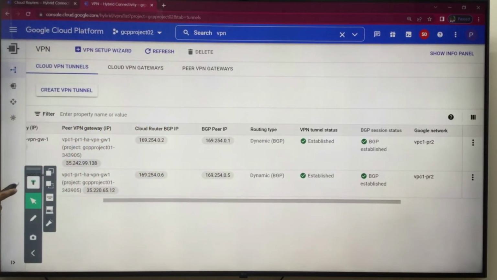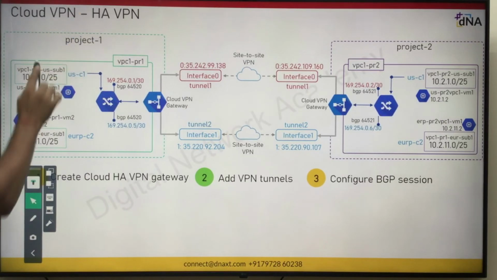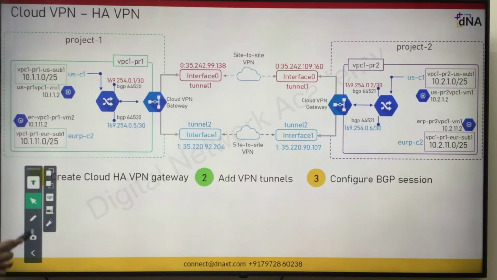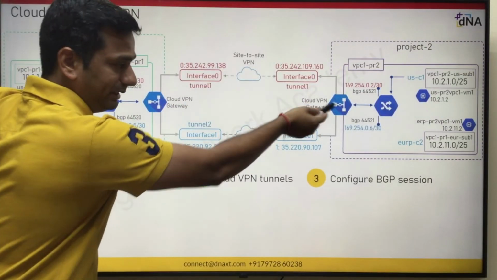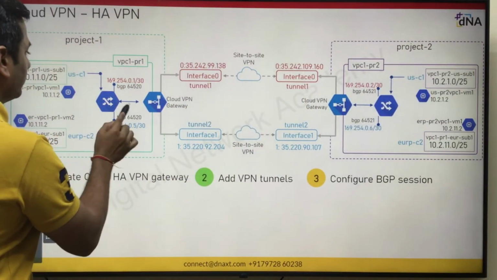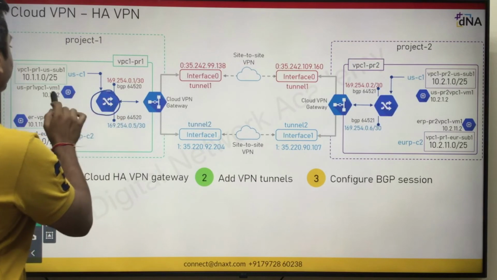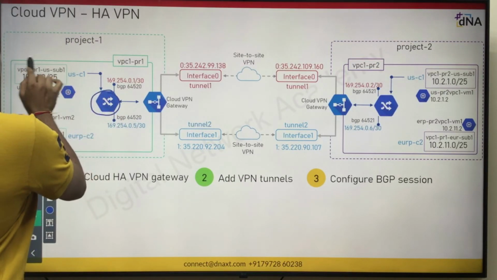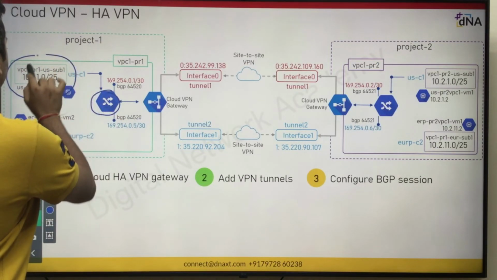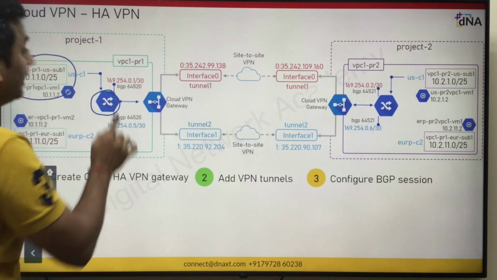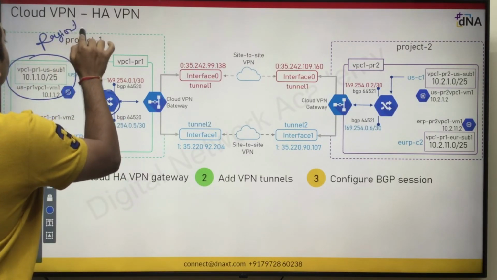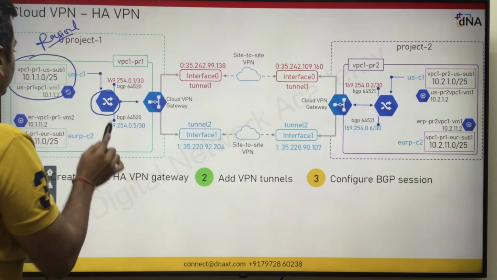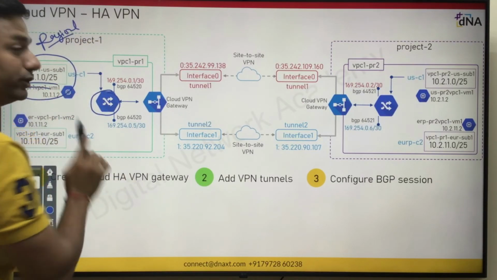So let's go back to the cloud VPN diagram. Right, now here is time to discuss. Via the BGP sessions, both BGP sessions, this cloud router will advertise its directly connected subnet, which is 10.1.1.0/24. Why? Because your routing mode is regional, not global. So you will see only this route, not from Europe.